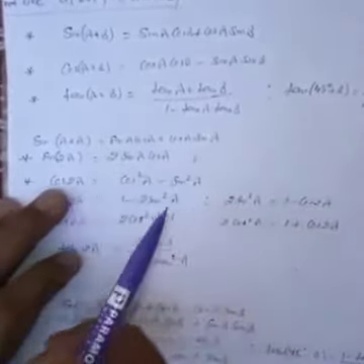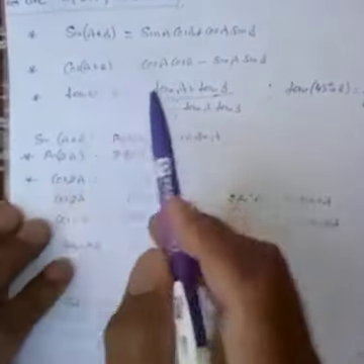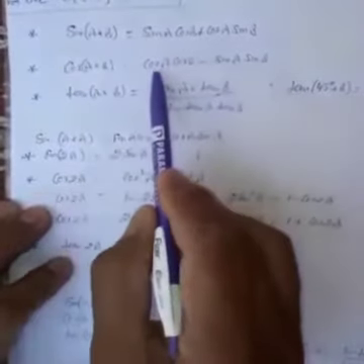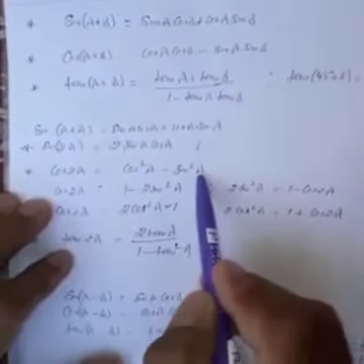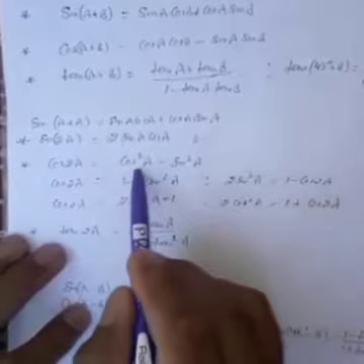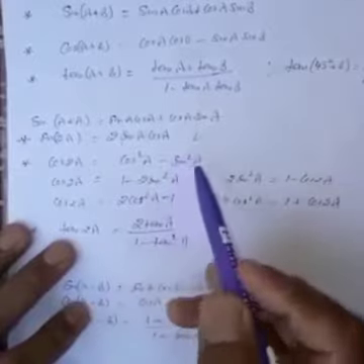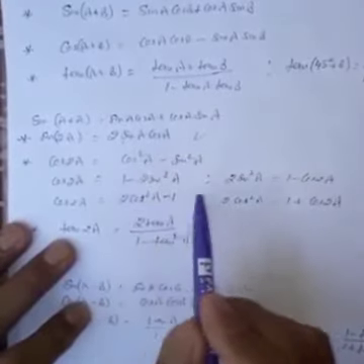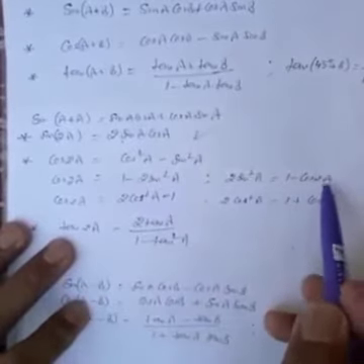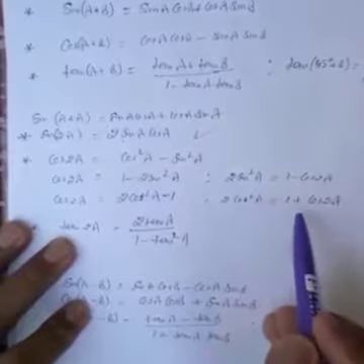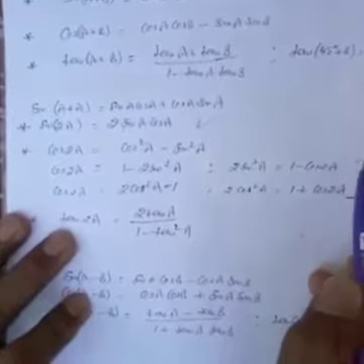Similarly, cos 2A will be derived from this formula. In this formula, you replace B by A, so on the left hand side you get cos 2A. Cos A into cos A will be cos square A, and sin A into sin A will be minus sin square A. Similarly, if you convert cos square into sin square using the identity, this will be the formula. If you convert sin square into cos square, then this will be the formula, and you can find the value of 2 sin square A from this equation, 1 minus cos 2A. The value of 2 cos square A will be 1 plus cos 2A. This formula is much used in this form only.